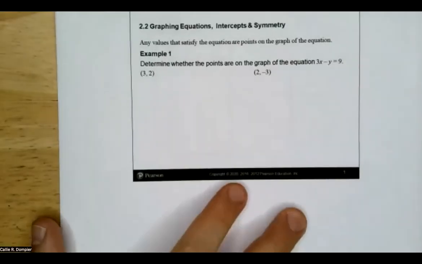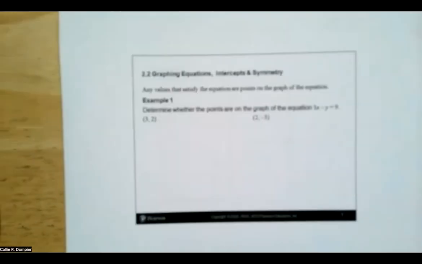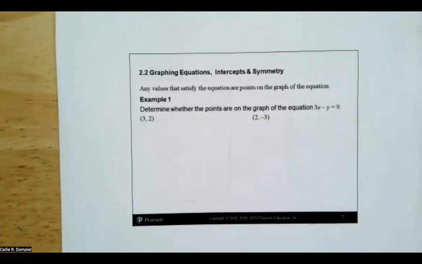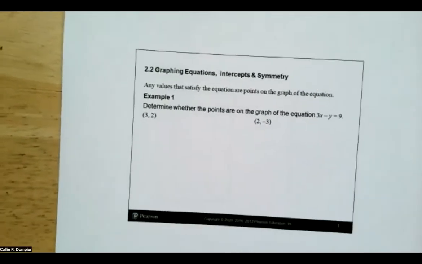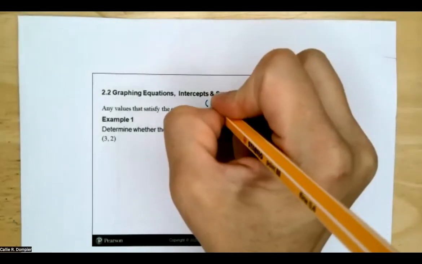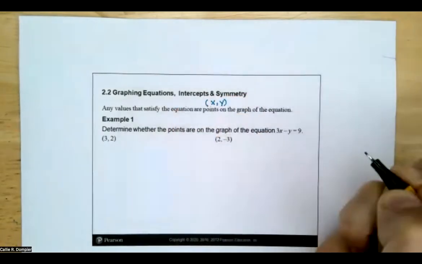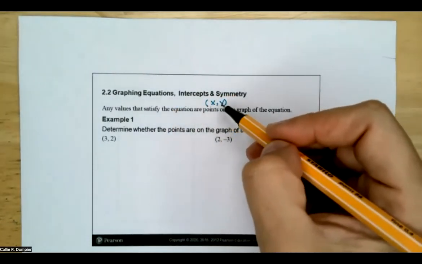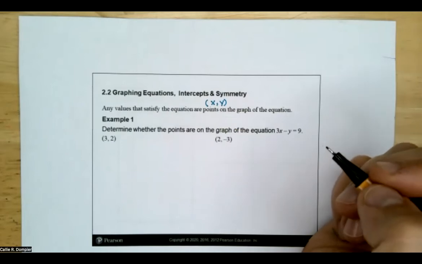All right, graphing equations, intercepts, and symmetry. Again, I strongly encourage you to use Desmos for all graphing, but it is good to know how to graph, so you can do things by hand as well. So when we are graphing an equation, what we're saying is that every point, which is just 2 numbers, an x value and a y value, every point on the graph of that equation